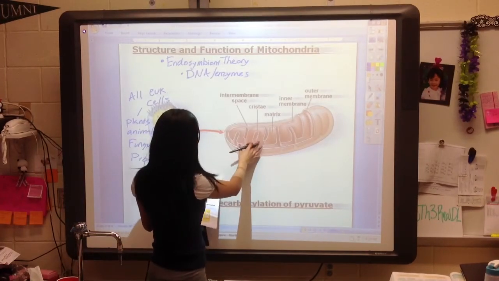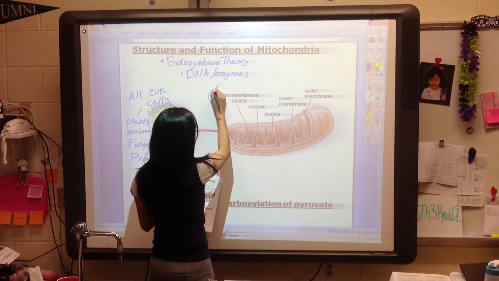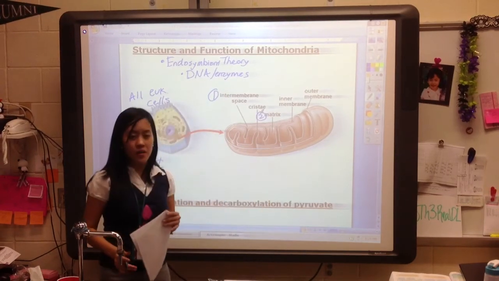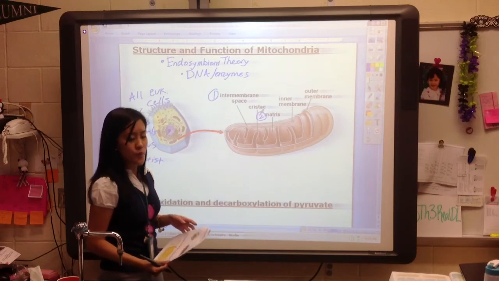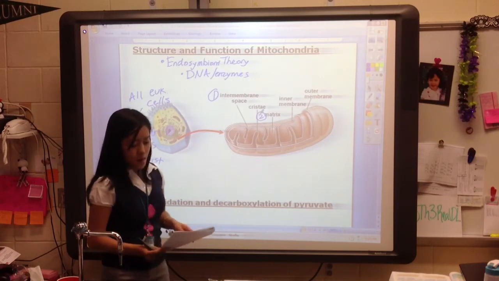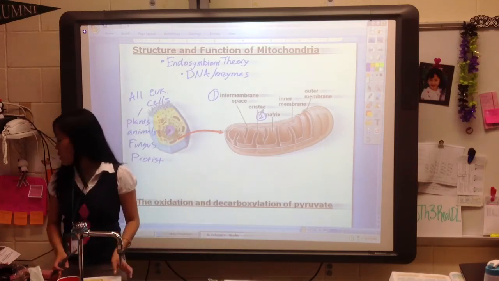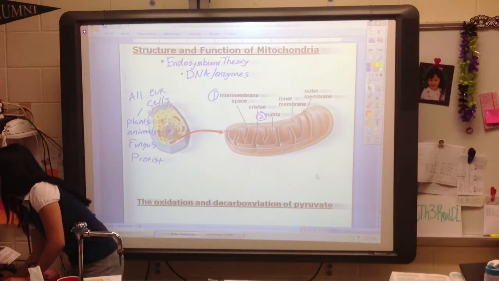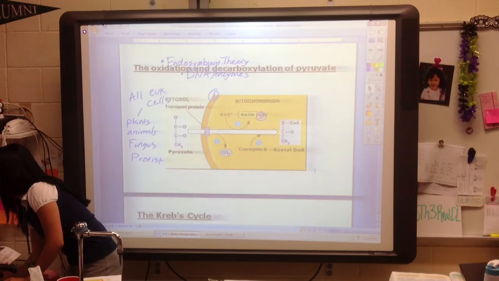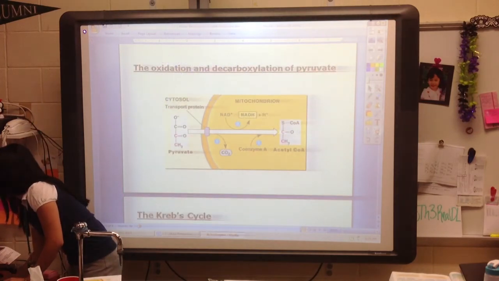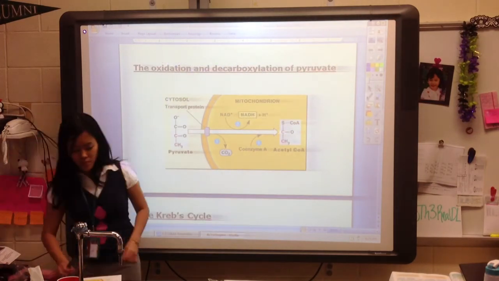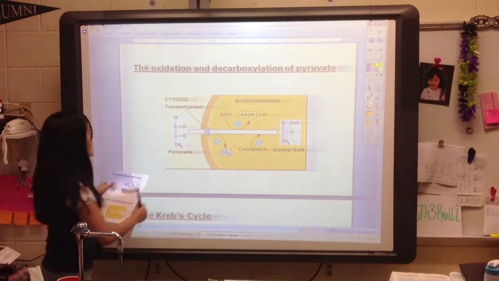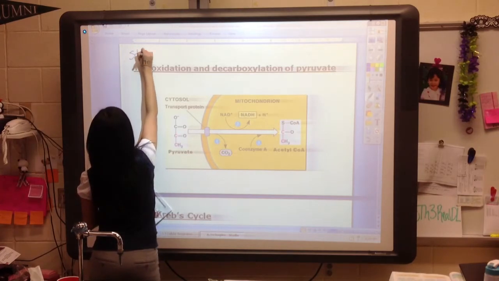And with our mitochondria, we do need to pay attention to the intermembrane space and the matrix. We will mention this later on, so it is important that you know where those processes occur. So moving on, we have the oxidation and decarboxylation of pyruvate. Basically, this is step 2. Okay, so this is stage 2